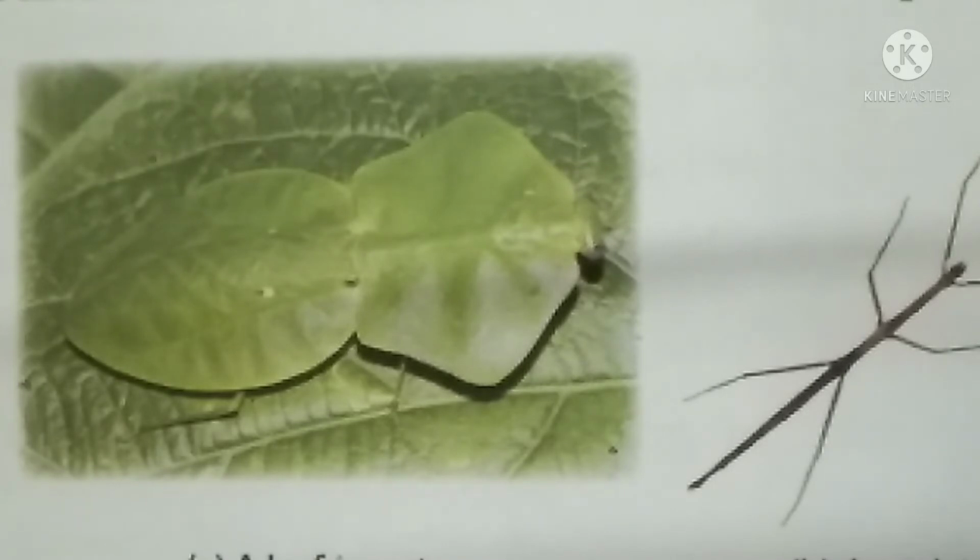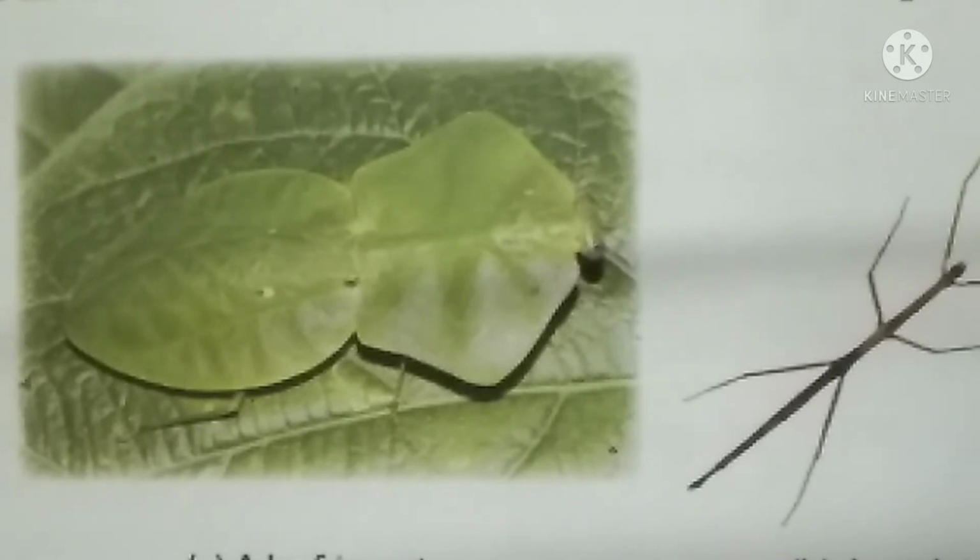Only a very small amount of sunlight reaches the lower vegetation. Lower vegetation means the grass and small plants on the ground, which get very little sunlight. All small plants have very large leaves. So why do they have large leaves? Because whatever sunlight comes on the ground, they will be able to absorb the maximum from that.